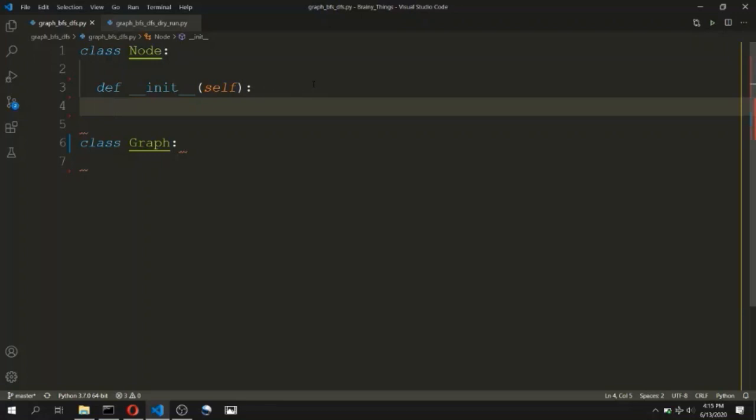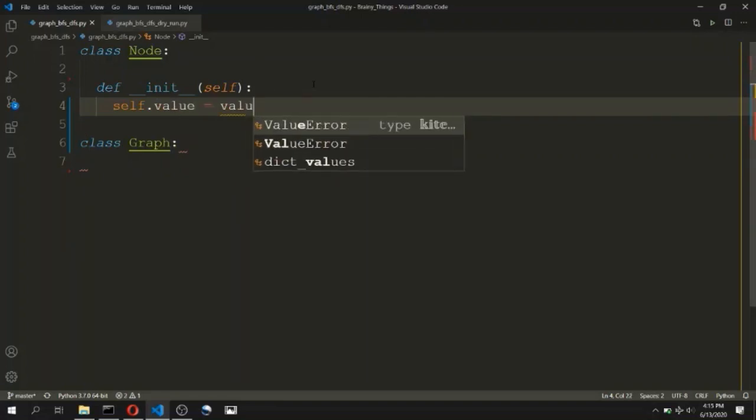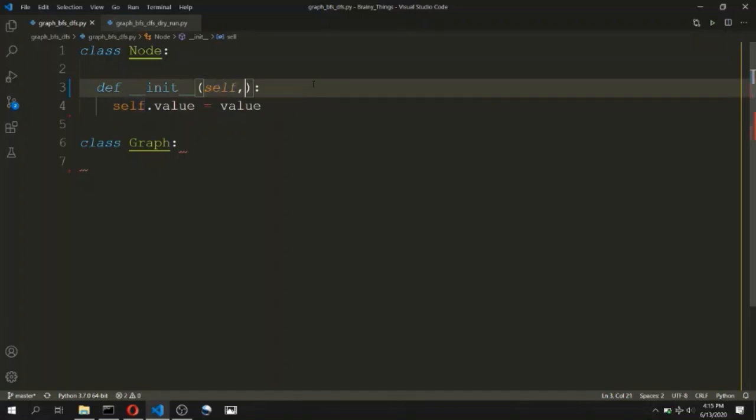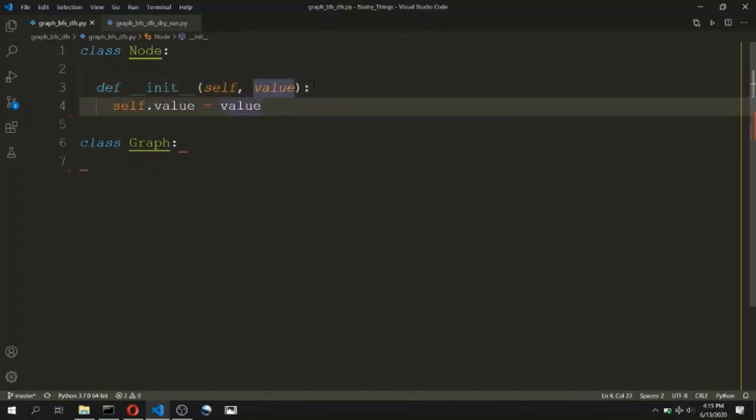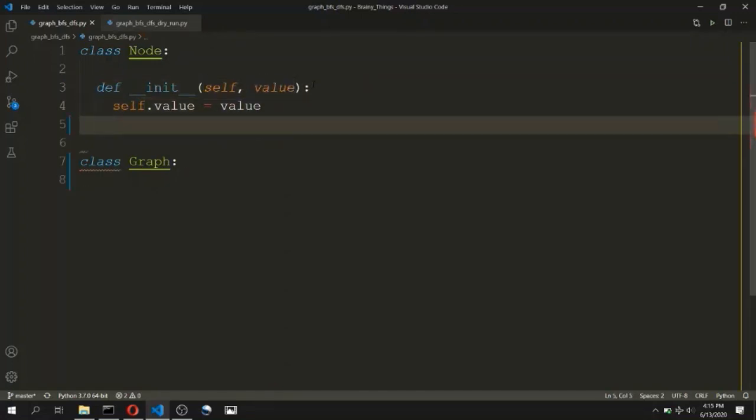We will set the value of this node to the value that is passed as the parameter to this constructor. We will also initialize an empty list of neighbor nodes, that is self.neighbors will be an empty list. So this is the only code that we need to write for the node class.